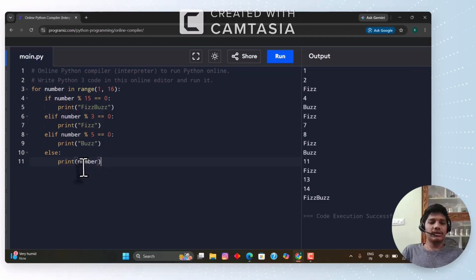So it will go to the else. It will print the number. What is the number? 4. So 5 will fail in these two conditions, so it will choose this condition because 5 is below 5, right? So it will print buzz. So like this, every number will